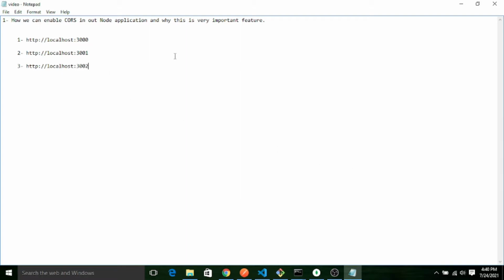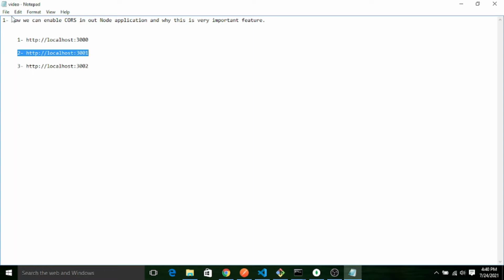So let's say we have one server, right? From the server side we are allowing only person 2, that is the 3001 port. We have only given permission to person 2, so only that domain can access our server.